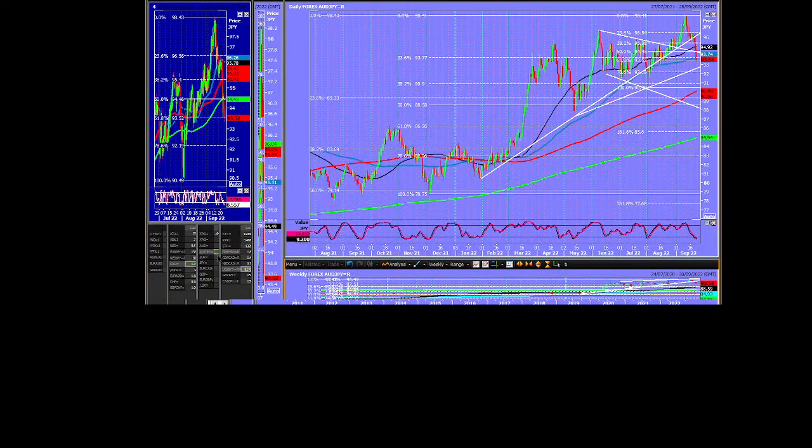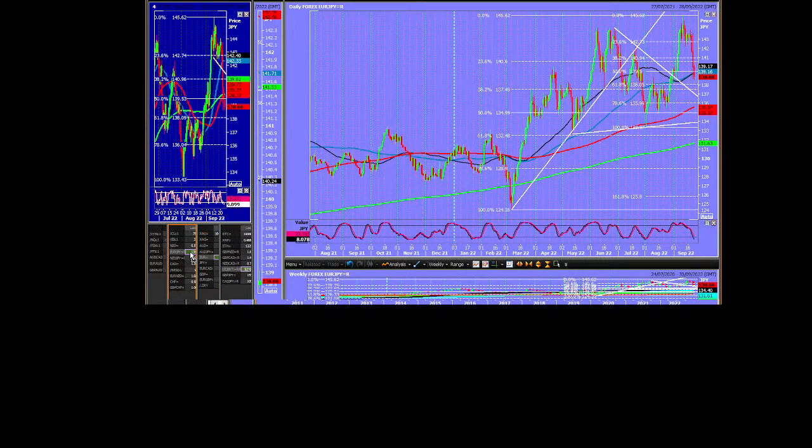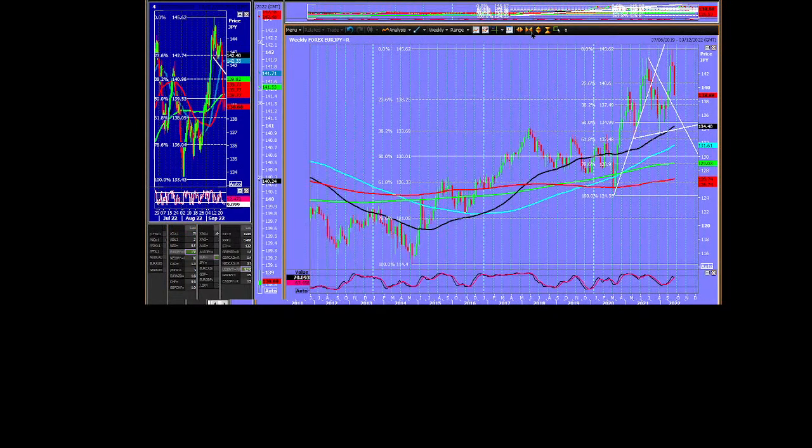That's it for the Aussie yen. Any other yen pairs? Euro yen I should probably look at. And considering the euro, there's a big trend line on the weekly chart. Yeah, I think that was the one I was showing you. Okay, so that's the euro versus the dollar. Euro yen, here we go. Okay, euro weakening, obviously. I need to look at the weekly chart to get some perspective on this. I've forgotten what the euro yen chart looks like, so let me go right back to it on the weekly chart.